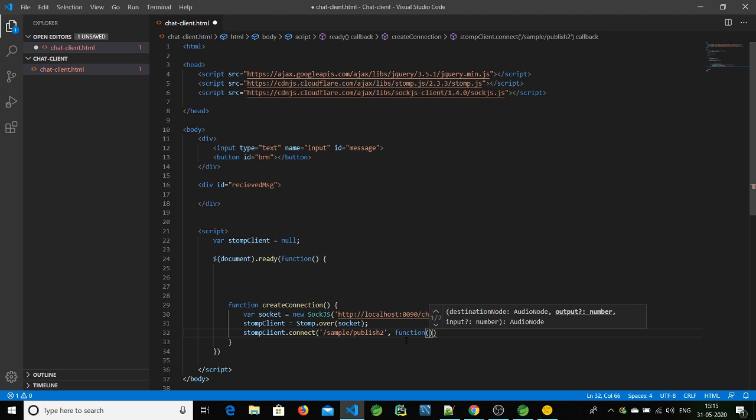In that, it will get the connection detail. So let's name it connection data, and once it is connected, let's print this connection data on console.log, this connection data.